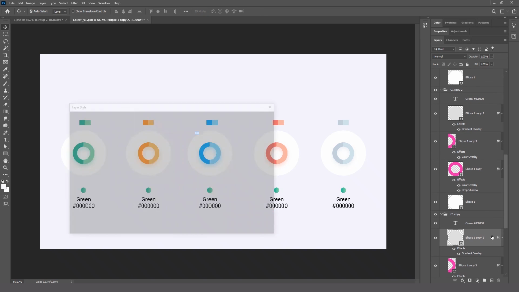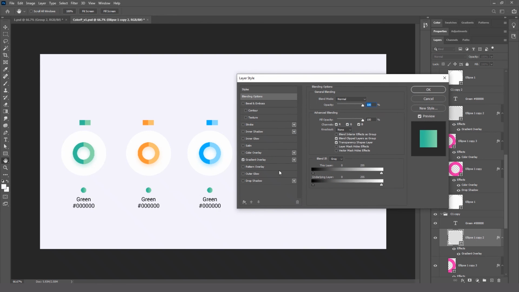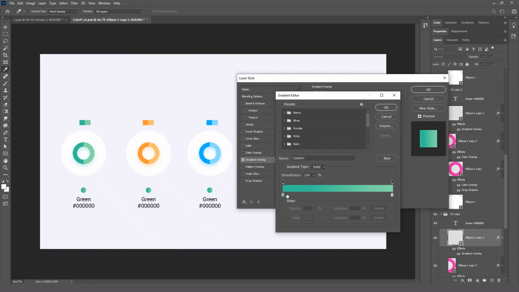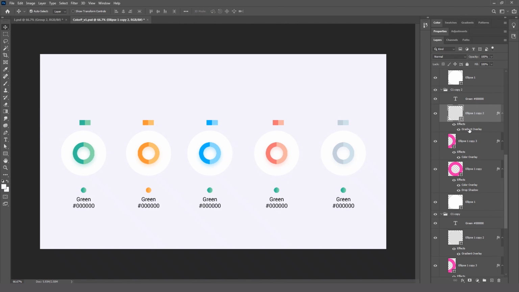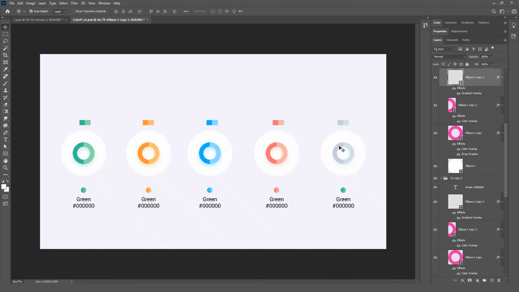So we just go over here and change the gradient for this, just taking orange, and for this lighter orange, done. And for this, so you see now we have updated all the colors, everything.